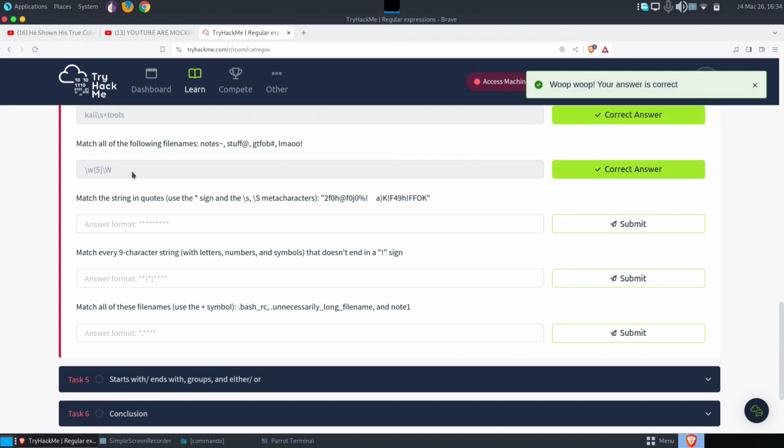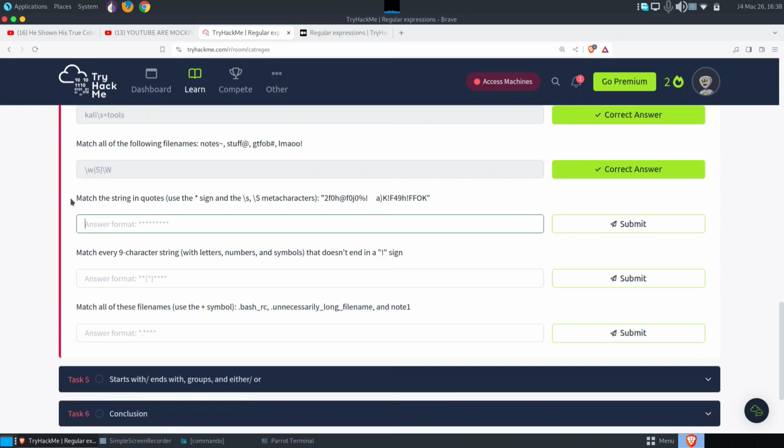It is correct. Okay, so here it is going to match the 5-letter word, and this capital letter W is the negation of the small letter w, and it is going to match all non-alphanumeric characters, which include the @ symbol, hashtag, or the exclamation mark. Okay, the next question says we need to match the string in quotes, and we need to use the star